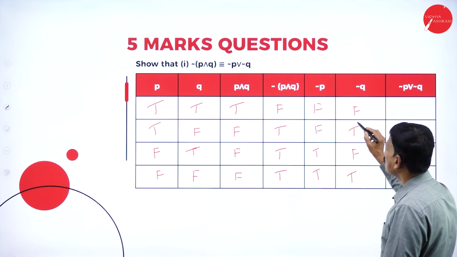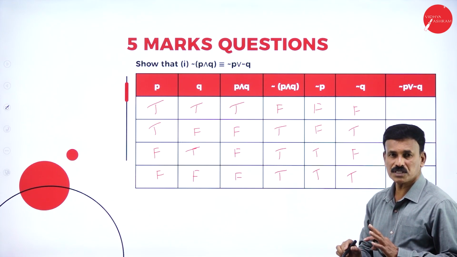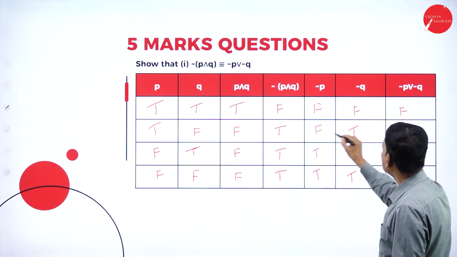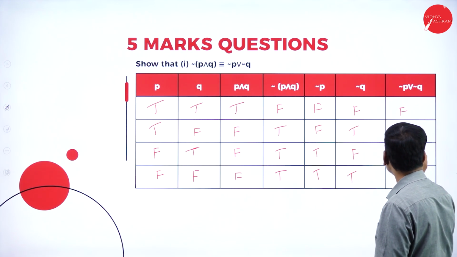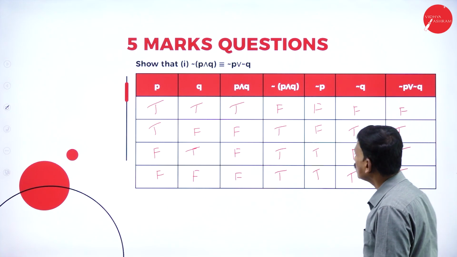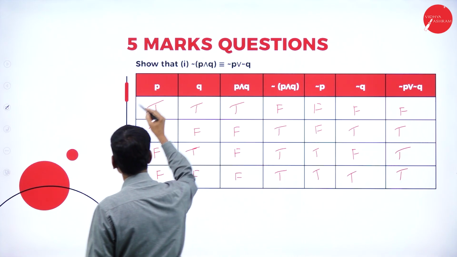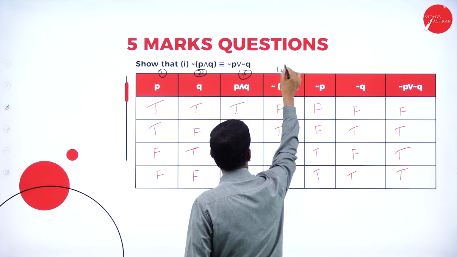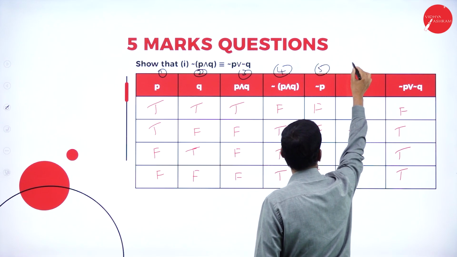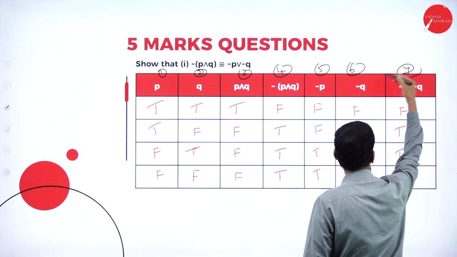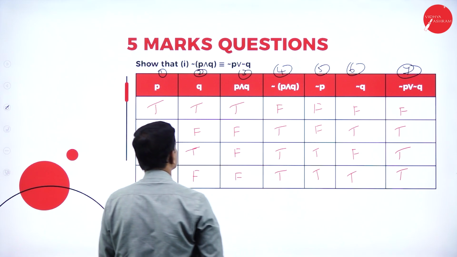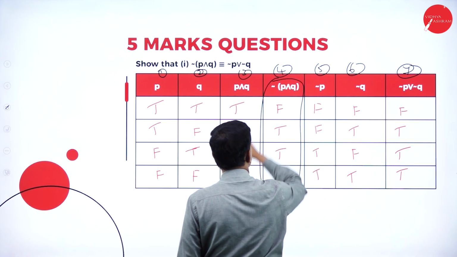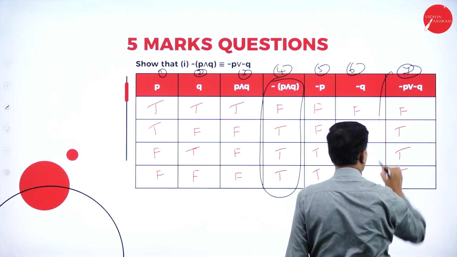Disjunction: in the case of disjunction, false and false is false, and in all other cases it is true. So F and F is F, F and T is T, T and F is T, T and T is equal to T. Now let us represent this as first column, second column, third, fourth, fifth, sixth and seventh column. Observe carefully. The truth values of the fourth column and the truth values of the seventh